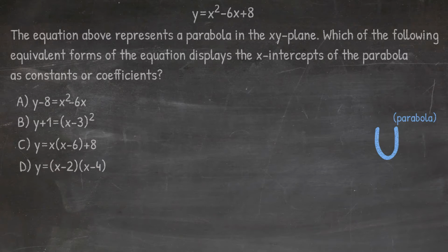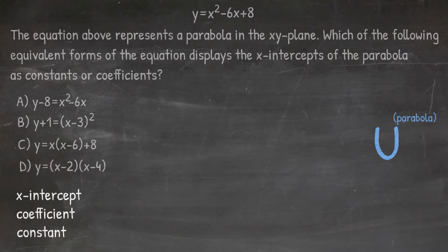of constants or coefficients. So let's look at all these 3 terms, x-intercept, constant, and coefficient, before we answer this question. X-intercept is a point on the plane where a line or a curve intersects the x-axis. X-intercept, by definition, has a value for y-coordinate at 0, because if we look at the xy plane, we can